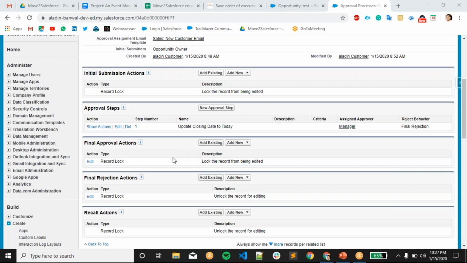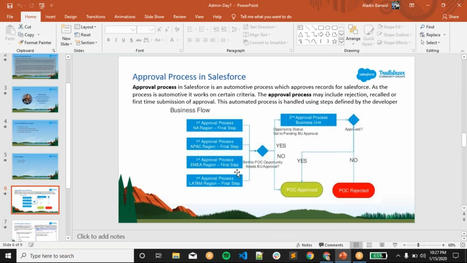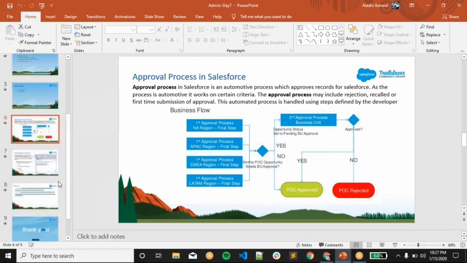If there is any question on the approval process, please let me know. Please type in the chat box, and you can tell me over here on the call only. So this is the approval process.